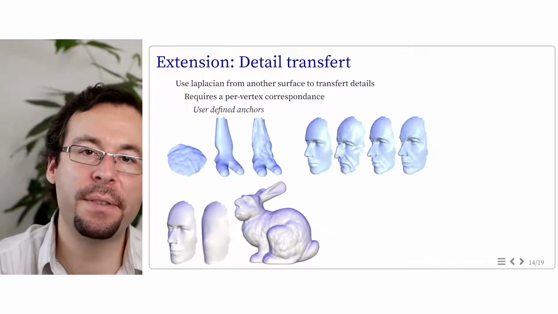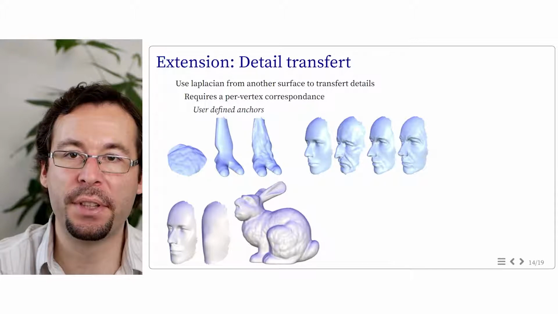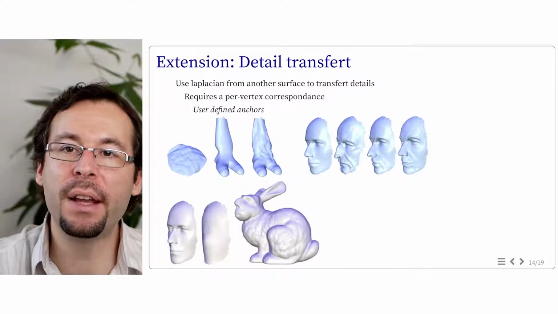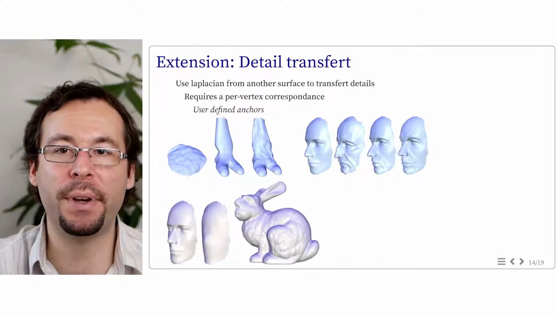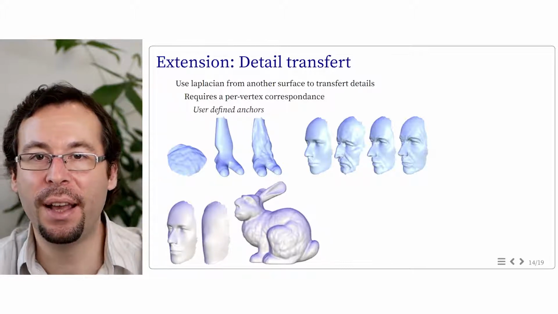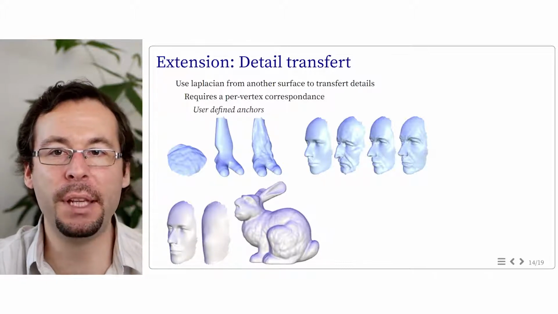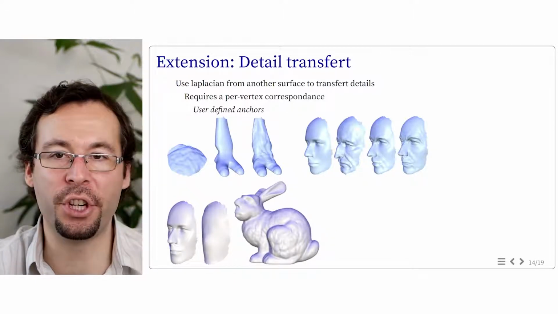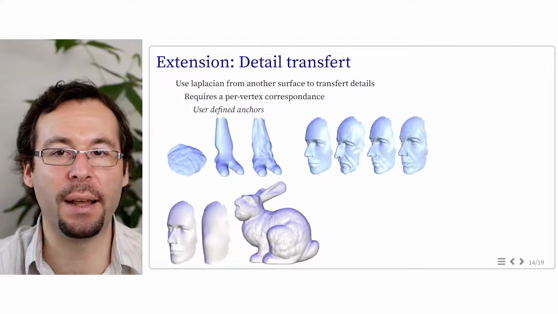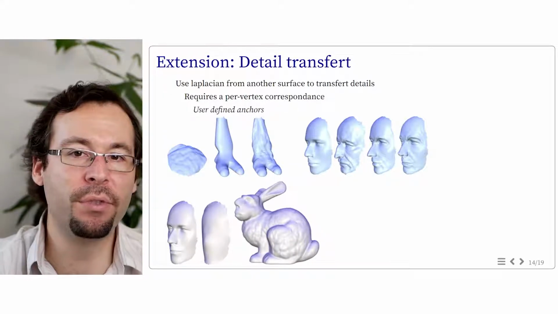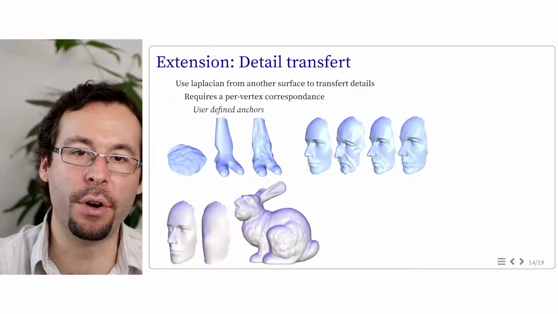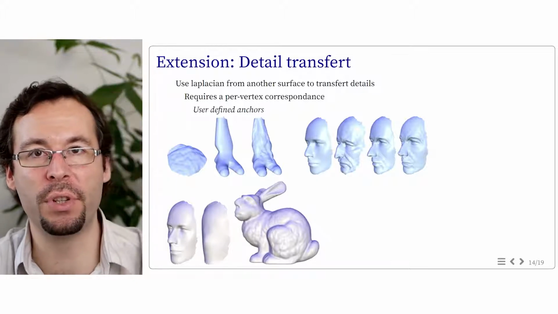Laplacian deformation has been widely developed in research. For instance, it can be used to transfer details between shapes. The details of one shape are encoded in the differential representation, and we deform the other shape to minimize its global deformation while trying to match the differential coordinates, changing the local appearance. Note that these tools are widely known in the research community, but they are not always known and developed in the commercial tools yet.